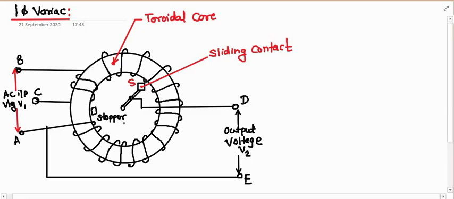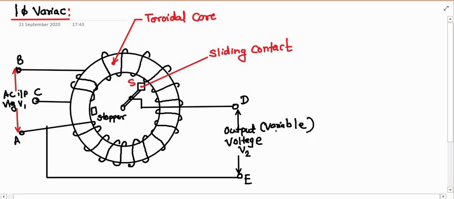So this is the figure that I have drawn for the auto transformer, which is used as a single phase variac. The figure shows the constructional details of your single phase variac. This is one toroidal core, a circular ring, on which I have wound the winding. The input voltage V1 is applied between the terminals A and B, and this voltage is variable. Sorry, I forgot to write the word variable here.